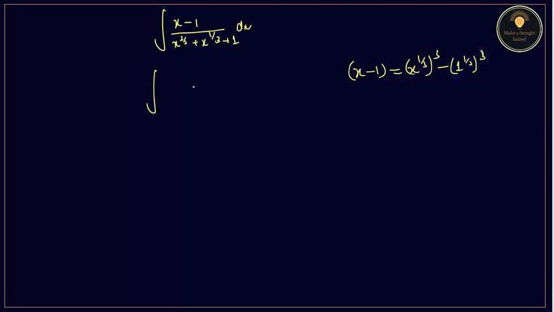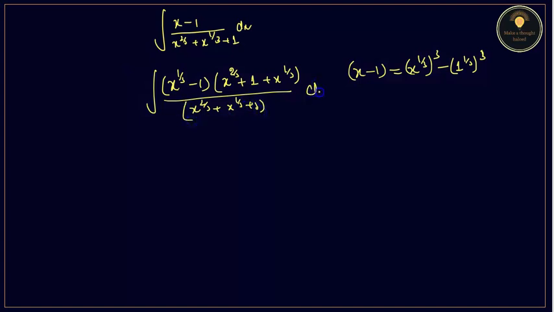We will use the formula of a cube minus b cube, and that can be written as (x to the power 1 by 3 minus 1) times (x to the power 2 by 3 plus 1 plus x to the power 1 by 3). And in the denominator you will write x to the power 2 by 3 plus x to the power 1 by 3 plus 1. So you can cancel this value and you will get the value as integration of x to